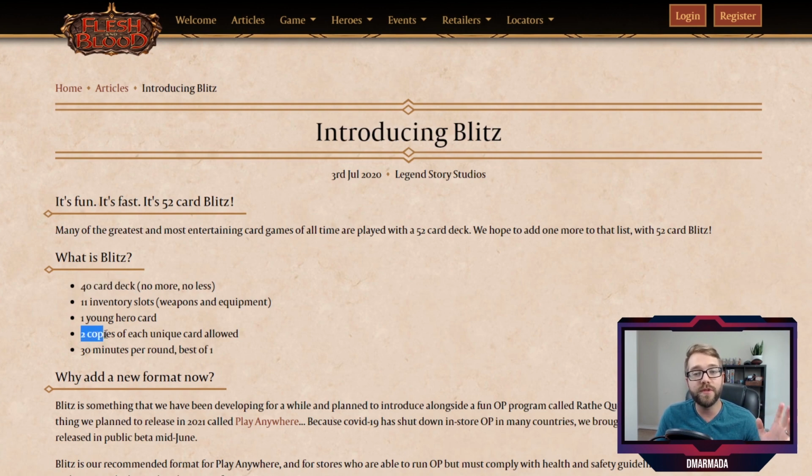And because you're only allowed 2 copies of each unique card, if you wanted to run Plunder Run, you can only run 2 reds, 2 blues, 2 yellows of Plunder Run. And to me, that is so exciting because it's sort of a marriage of both. It's like a mixture of the slimmed down deck version that you find in Draft or in Sealed, where you're trying to put things together to make them work the best, where it's not optimal,